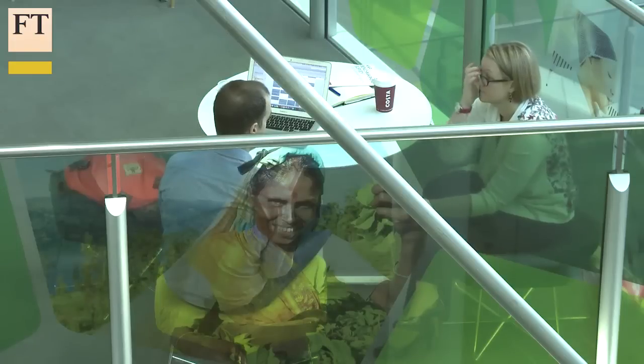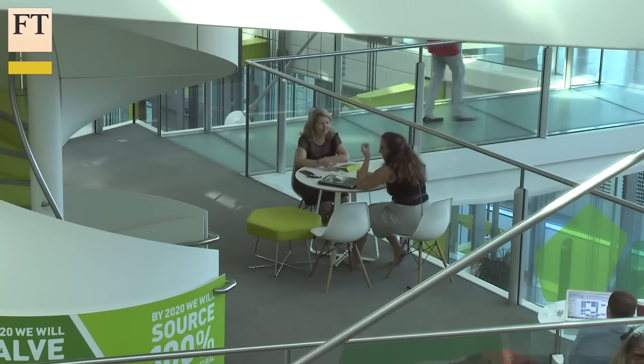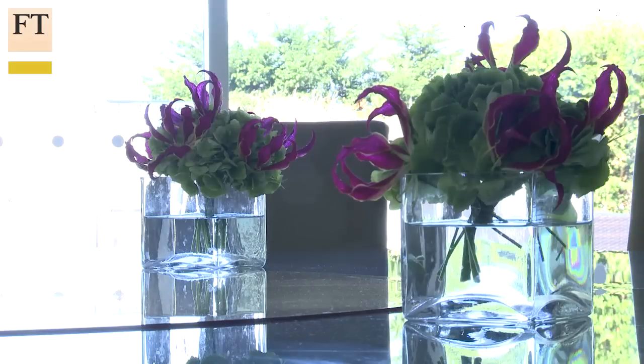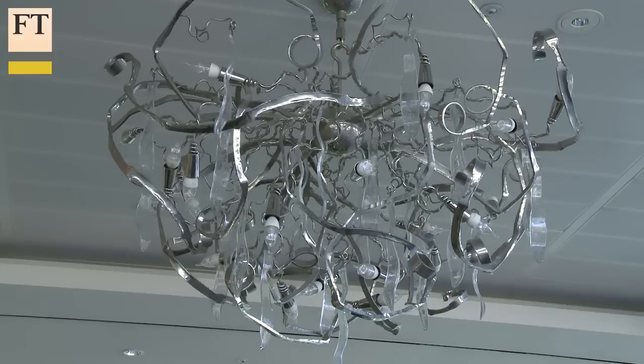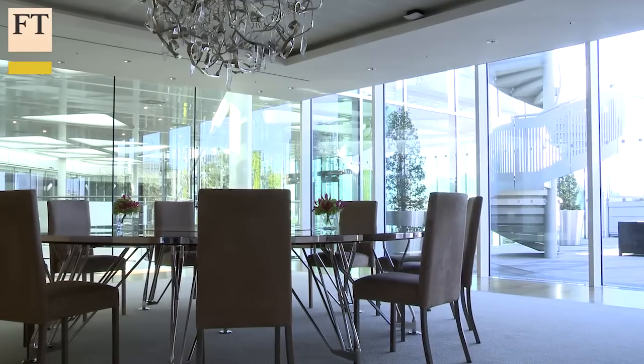Exactly. So we can still leverage the sunlight, but we wanted to still have a way of getting teams together to collaborate in the middle of the atrium, suspended above the ground floor. And then you've got meeting rooms through there with pretty flowers and chandeliers and stuff. Absolutely. What, is that a boardroom? So now that would be our executive dining room. So when we host other visitors...